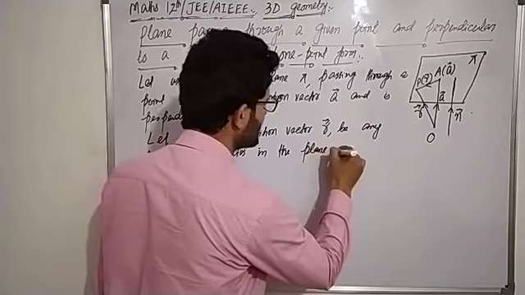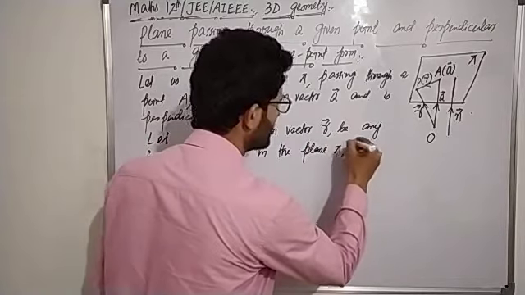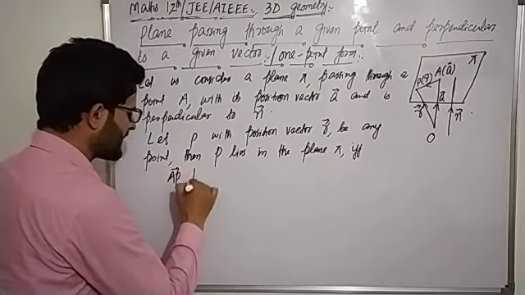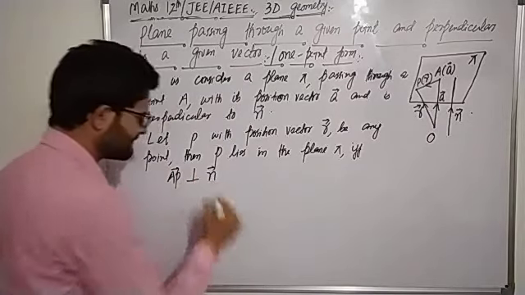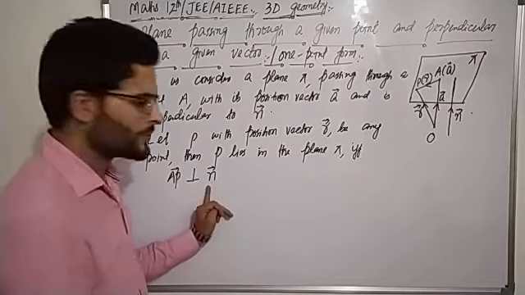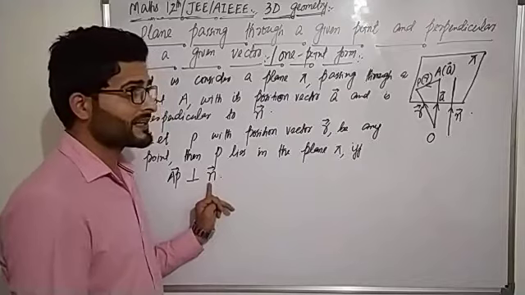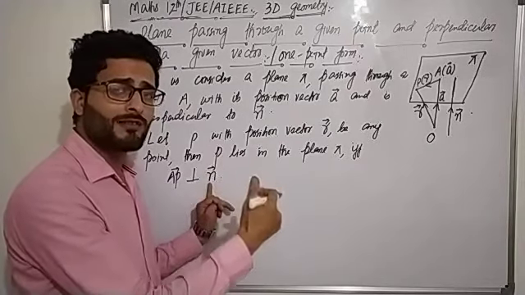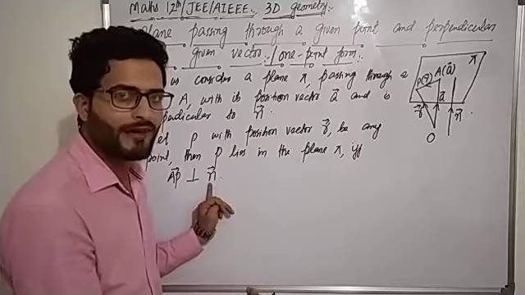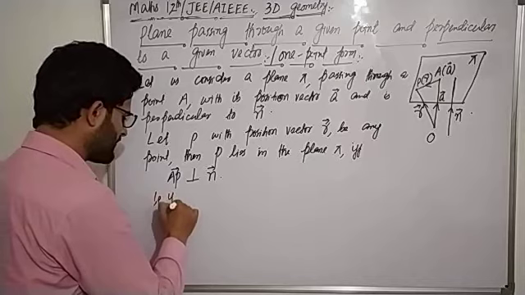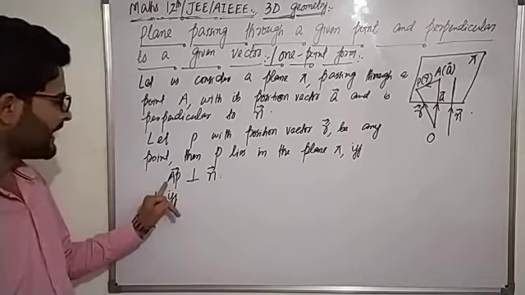Then P lies in the plane pi if and only if AP vector is perpendicular to N vector. Because N vector is perpendicular to the plane, means every line or every vector in the plane is perpendicular to N vector, right? So this can be written as, that is if and only if, AP vector is